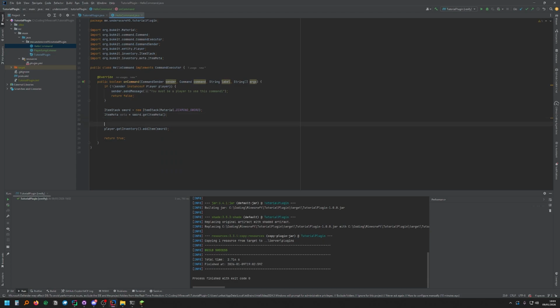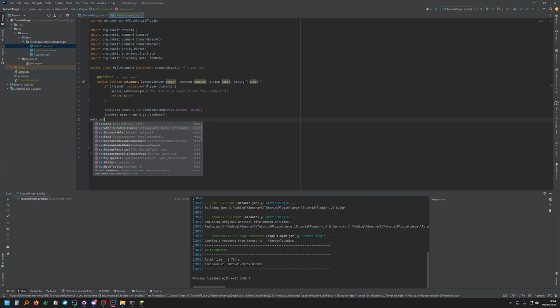And then right before you give it to the player, you need to remember to set the item meta to the meta, because this copies it. So if you modify it, then it doesn't actually affect anything until you call this. So if your code isn't working, make sure you've called this. And then you can set the name, my sword. And then